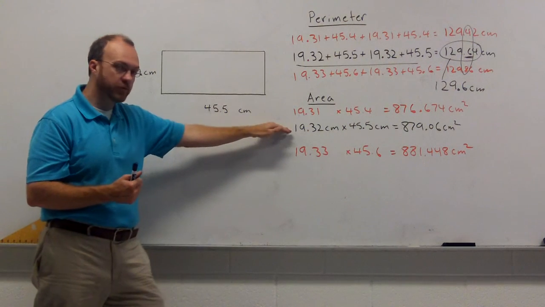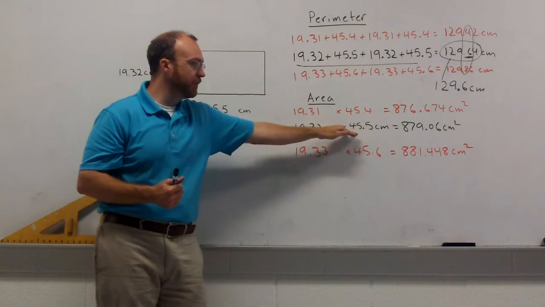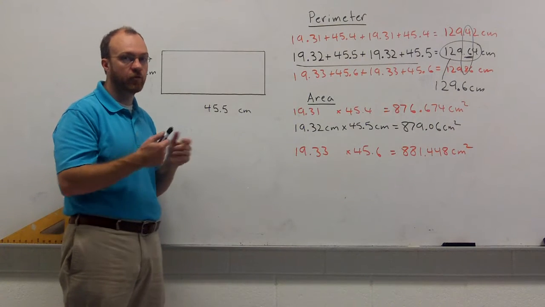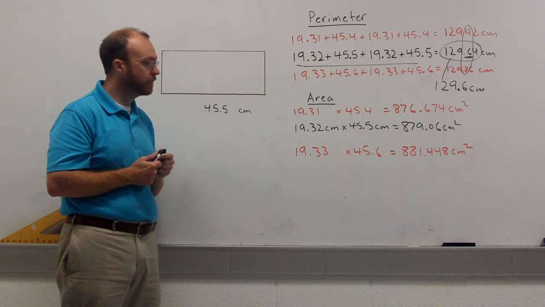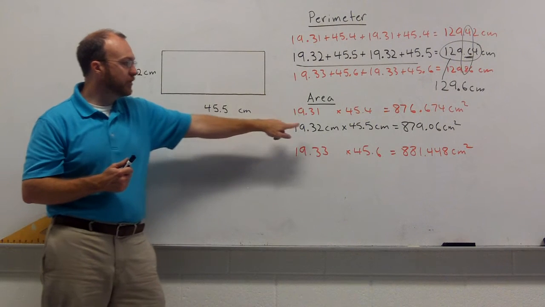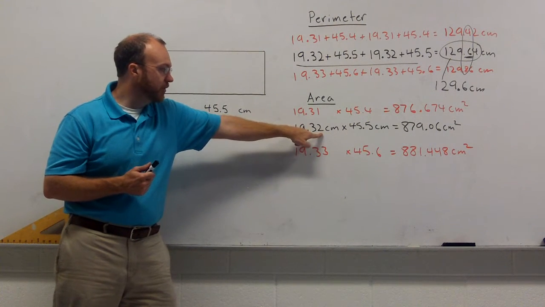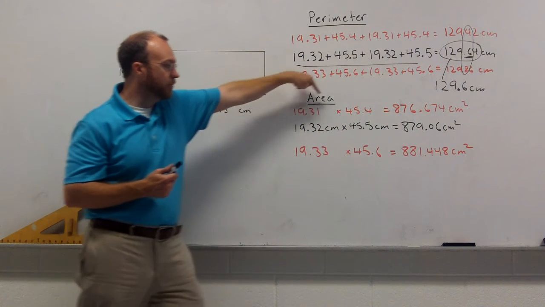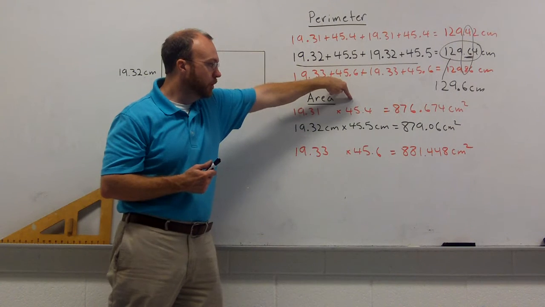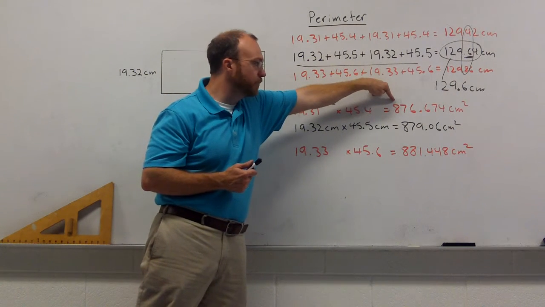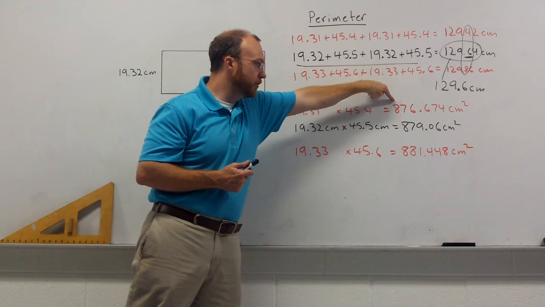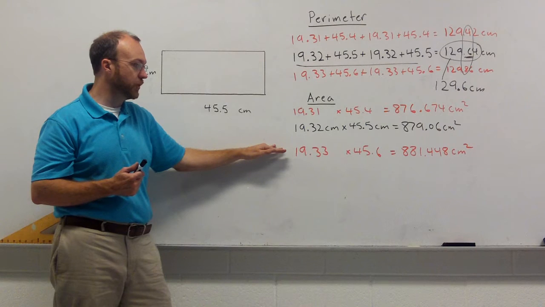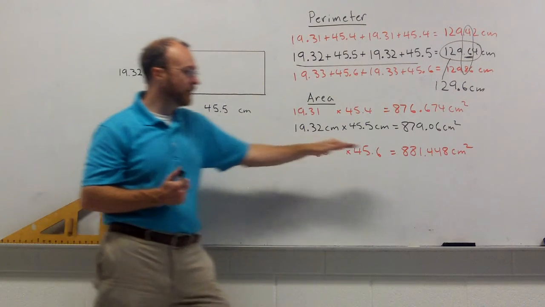We would do 19.32 centimeters times 45.5 centimeters, which is 879.06 centimeters squared, or square centimeters. Remember though, the last digit here was an estimate. So if we estimated high, we would get slightly lower values for the real values. So maybe 19.31 times 45.4, which would only give us 876.674 square centimeters. Or maybe we estimated too low and it really should have been 19.33 times 45.6, which is